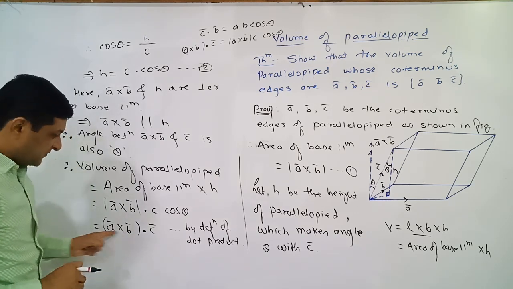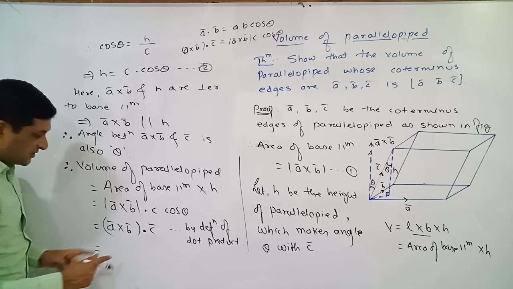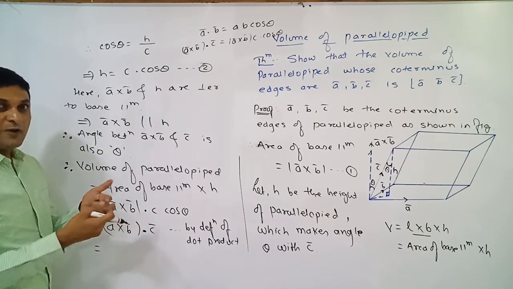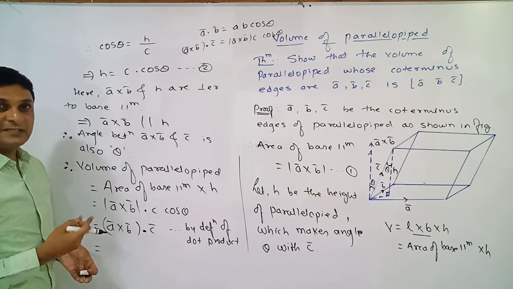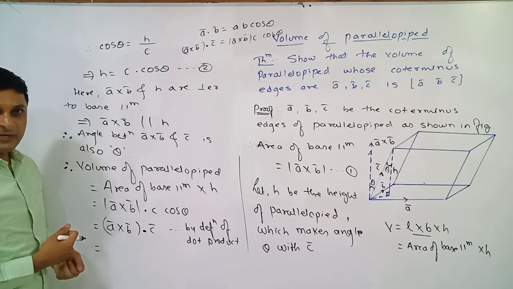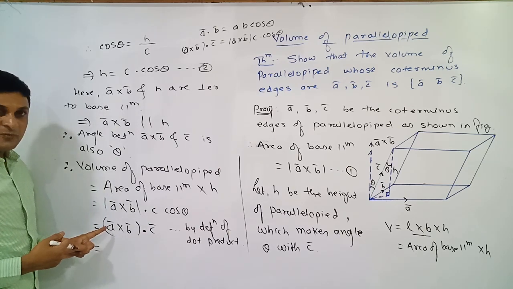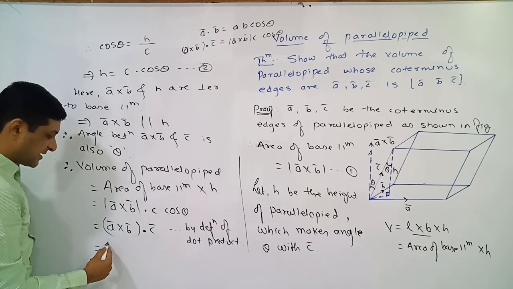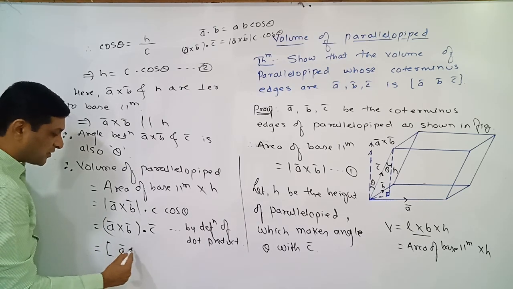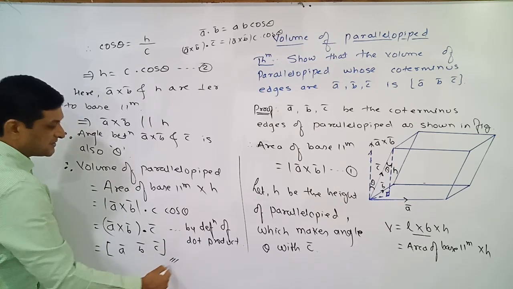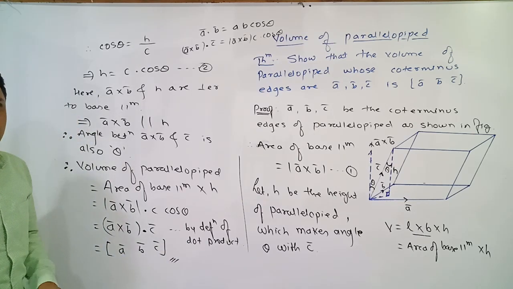Now if you observe this final result, here first cross is there and then dot is there. If first cross then dot, or first dot then cross, such a representation is called what? Scalar triple product. Means this is the scalar triple product of which three vectors? A bar, B bar, C bar. And we know that the scalar triple product can also be denoted by box product of A bar, B bar, C bar. And this is the result which you have to prove. This completes the proof of this theorem.